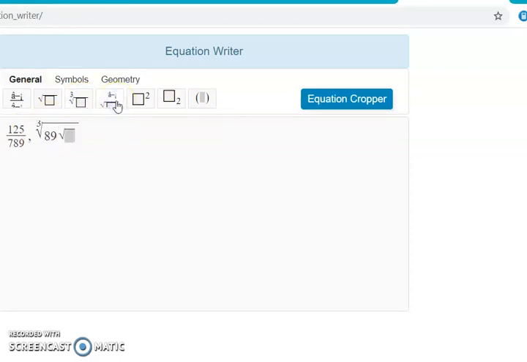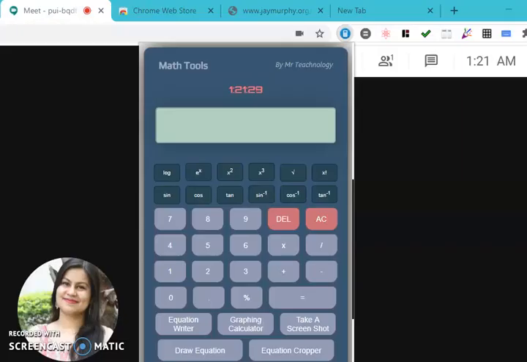Anything can be typed here and you can form your questions here also. So this is a good tool for mathematics teachers. In the same way, this graphing calculator will take you to another tab that has a graph, and you can plot whatever content you want to plot on the graph.